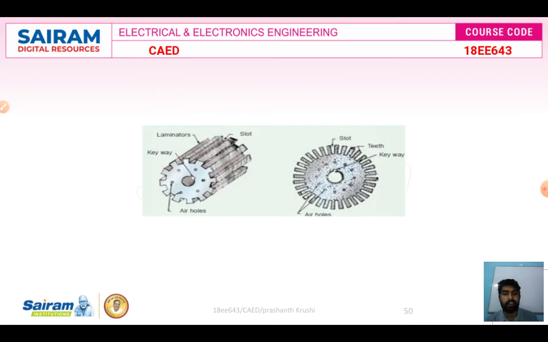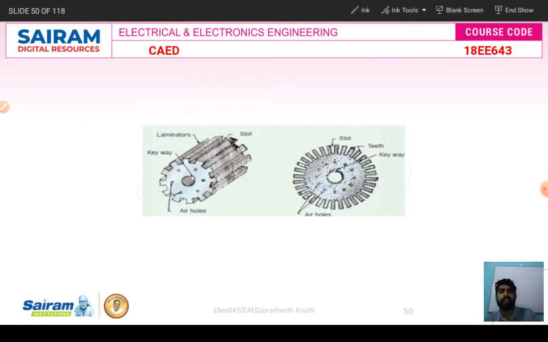Next we have armature slots. This one is the armature slots, and here they place the armature conductor in between. They also provide holes for cooling purposes, and laminations are there to reduce the losses. There are slots, teeth and a keyway. The keyway is for fixing purposes: if a shaft is there, we need to fix it, so we want keyways. So this is the armature slot. We need to place the armature coil or armature conductor into the slots, or in between the slots.